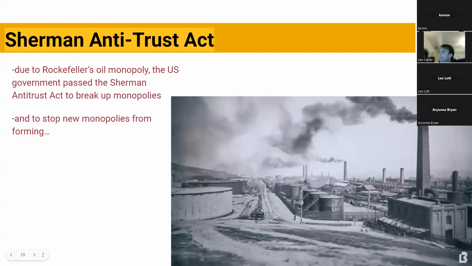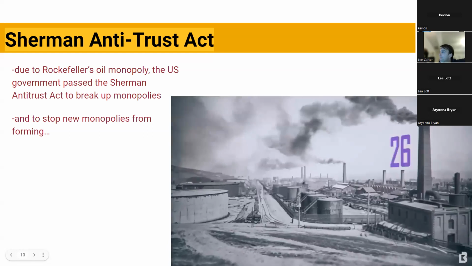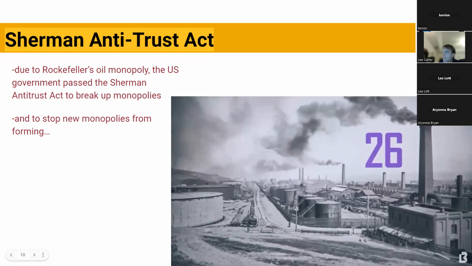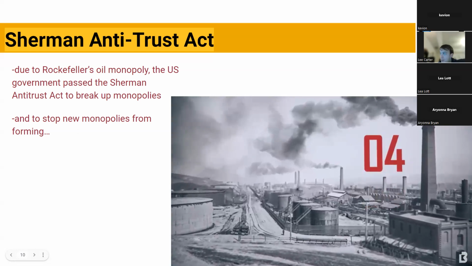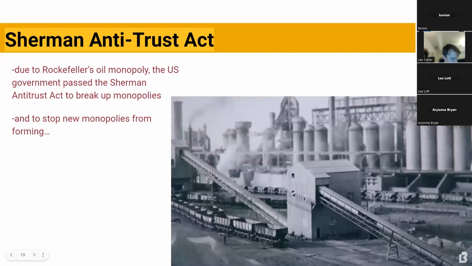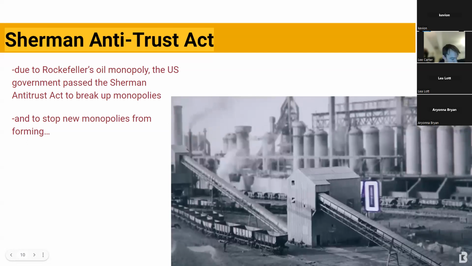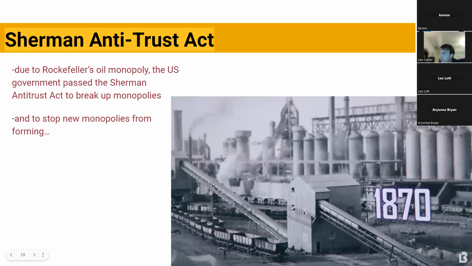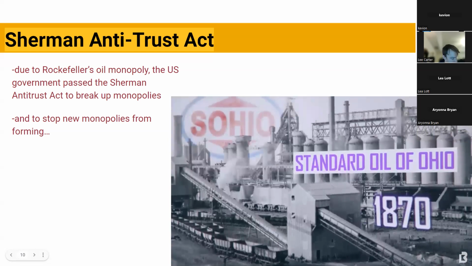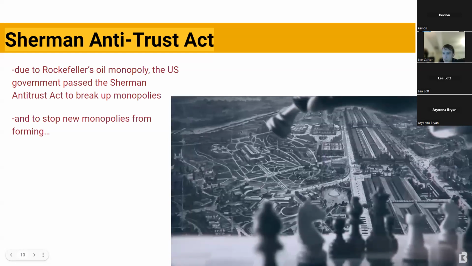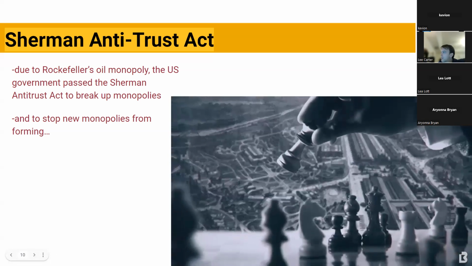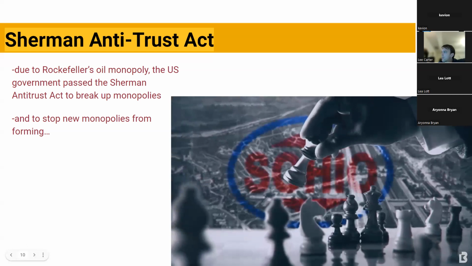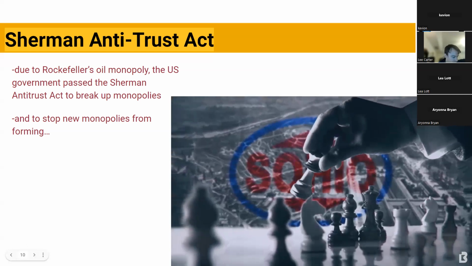But John wasn't done. In 1865, there were 26 competing refineries, but within 5 years, John had acquired all but 4 of them. So that's by this point, horizontal integration. His business was getting too big to handle as a partnership, so in 1870 he incorporated as Standard Oil of Ohio. To convince the few remaining competitors in Cleveland, John would simply invite them over and show them his books, revealing that he could operate at a loss far longer than they could stay solvent.